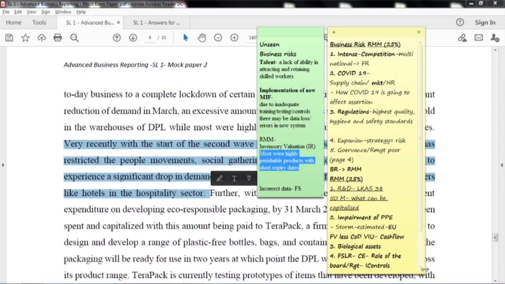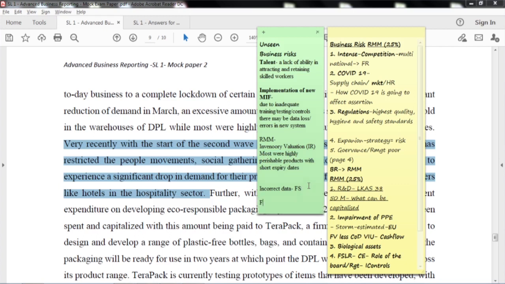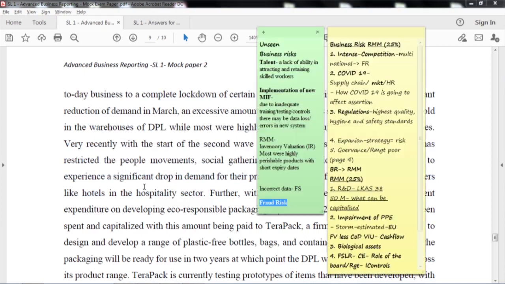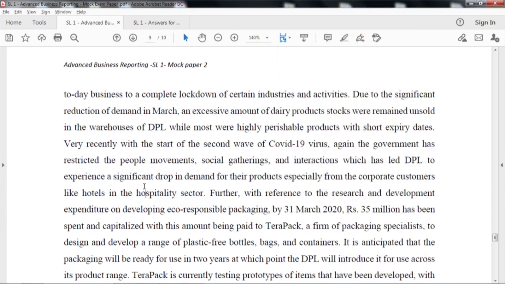So, definitely when you are writing the audit risk answer, risk of material misstatement, another thing with the second wave, all of that, there are a lot of pressures for the company, and that is where you can talk about fraud risk, right. So, I highlighted that as well. I added that also to our list of answers that we can write on audit risk, because my duty here is to upgrade your thinking that there is no limit, and you have to have your own analysis to come up with your own answers. Do not worry about others' answers, but be confident to write your answers, right. So, that is about the COVID, this whole thing,